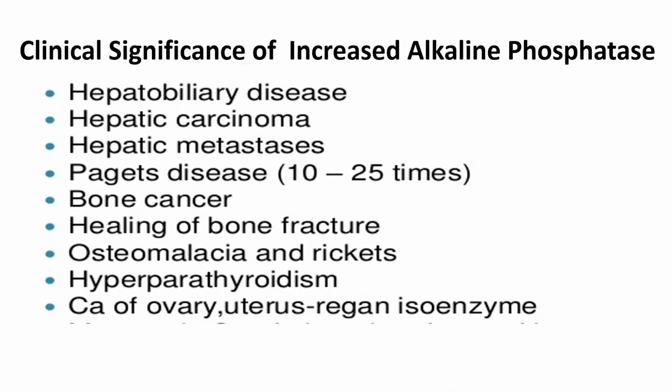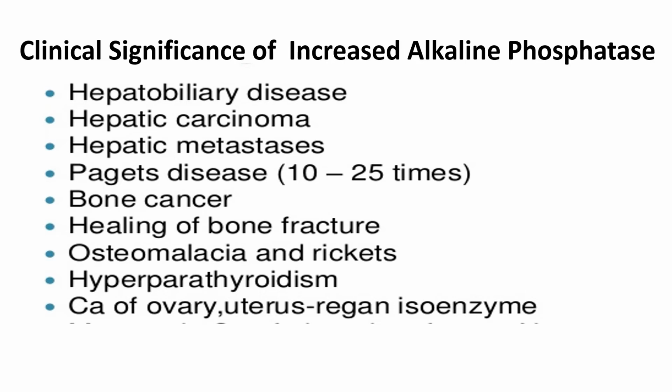Now here we will discuss the clinical significance of raised levels of alkaline phosphatase. As we have seen in the previous slide, alpha 1 alkaline phosphatase is present in the hepatobiliary canaliculi, alpha 2 are of two types, heat labile and heat stable, present in the liver cells, and then we have the pre-beta, which is present in the bones. So mainly disorders of the bone and the liver are suspected when we have high levels of alkaline phosphatase in the blood: hepatobiliary disease, liver carcinoma, or hepatic metastasis.